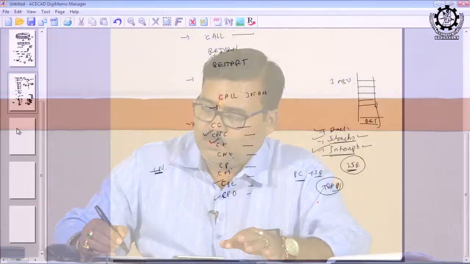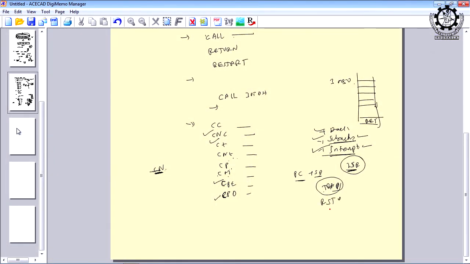If you take RST0, RST1, etc., we have 8 software interrupts whose interrupt service routines can be written by the programmers, and you can store them at a desired location as per your choice, right.